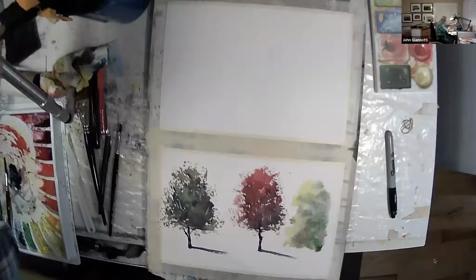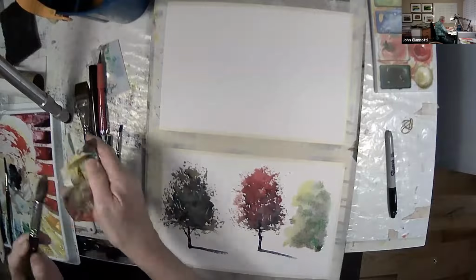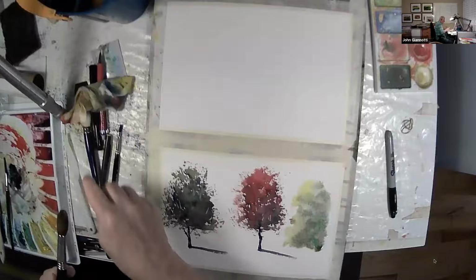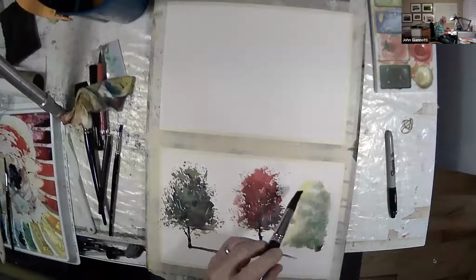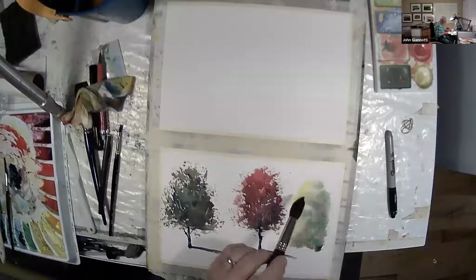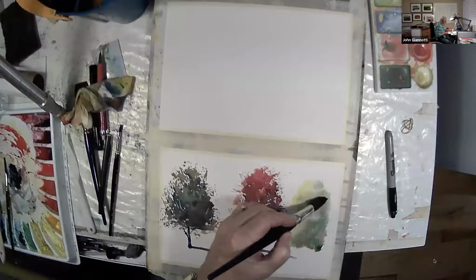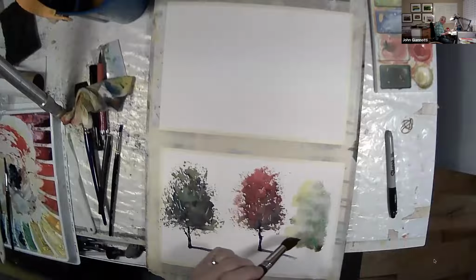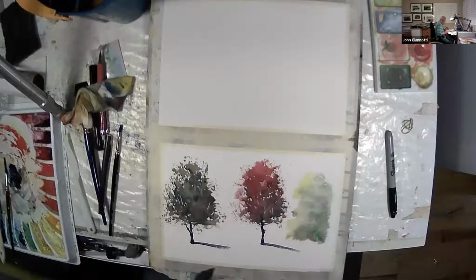And then there's always a technique of removing paint. If you wet your brush, clean the paint out and pull the water out, it becomes a receptacle for wet paint to pull paint from your paper. So when you hit it, it'll pull it off and leave it kind of white. I use that in doing clouds a lot. You paint down, then you pull some of it off. And then we start